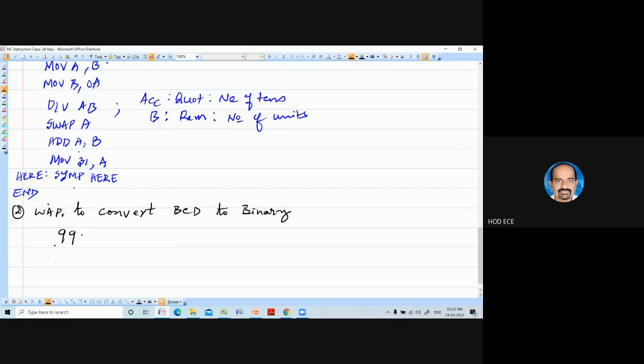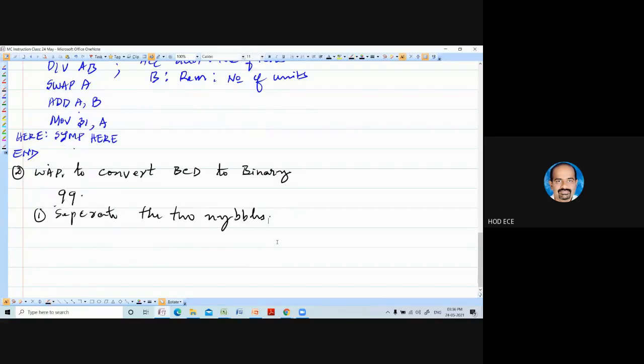So what do you do? What is the first step? Separate the two nibbles. How do you separate the two nibbles? Doing the AND operation. So 99 bitwise AND with 0F. So 0F is the mask code.